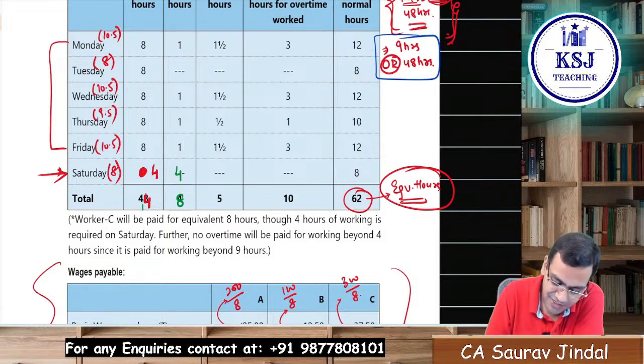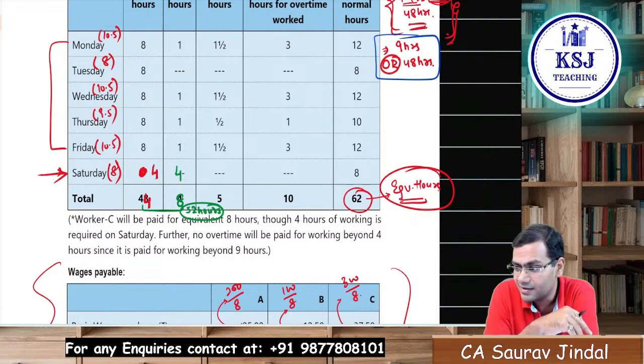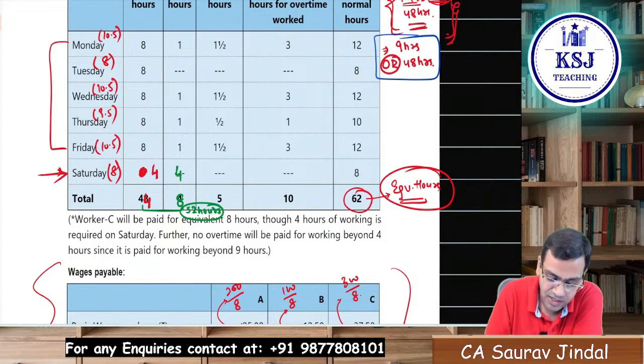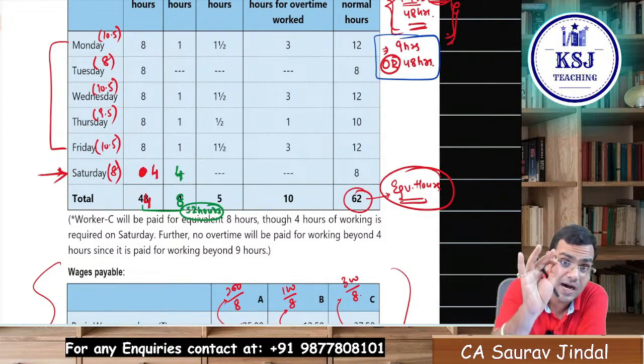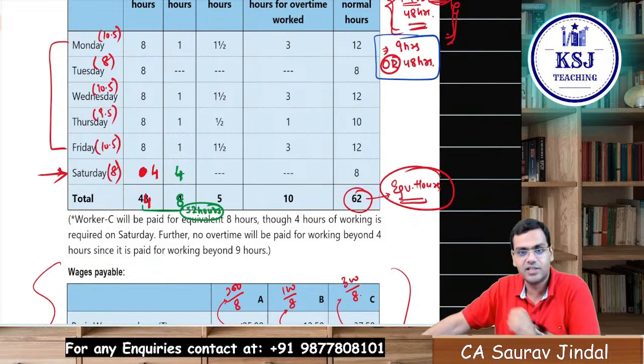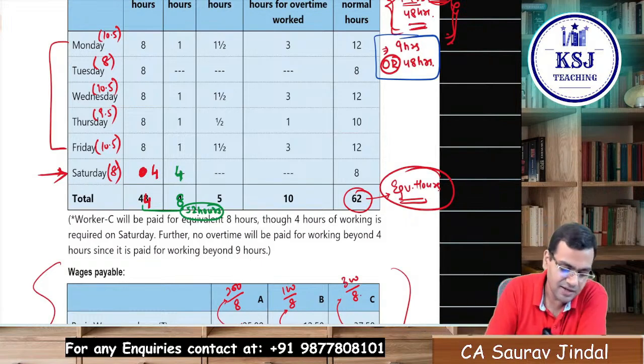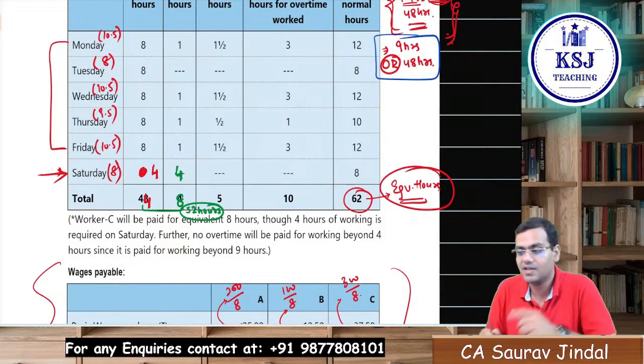But here if you see, it is 52 hours. So if beyond 48 hours you are not going to pay him overtime, that means you are violating the condition, right? If you take it as extra hours, it will come to 52 hours in a week, and you are not paying him overtime. Sir, you are violating the condition. You will get jailed for this, isn't it? So that is why, when it is 9 hours or 48 hours, even if one of the conditions is getting satisfied, you have to take overtime.